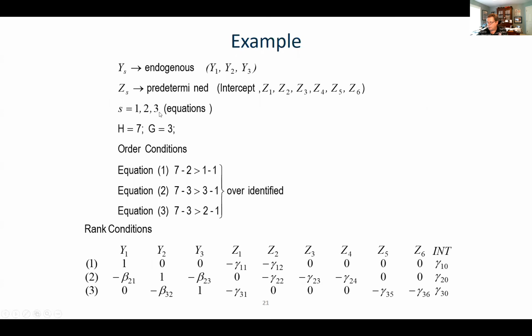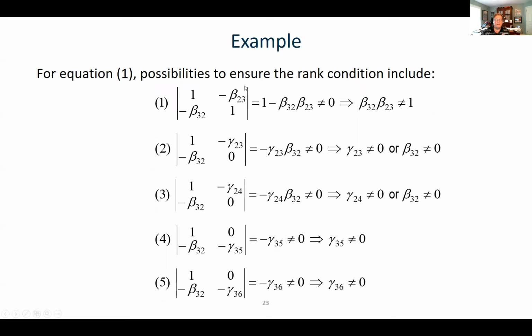And when we do that, notice we get this matrix, and what we want is that determinant, which happens to be 1 minus beta 3,2 times beta 2,3, in this case, not to be equal to 0. Well, when will that happen? We can't have the product of beta 3,2 and beta 2,3 equaling 1, otherwise the rank condition would not be met. So we're going to have to do the same thing for each of the 15